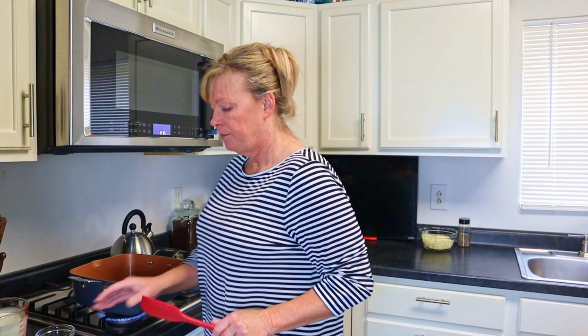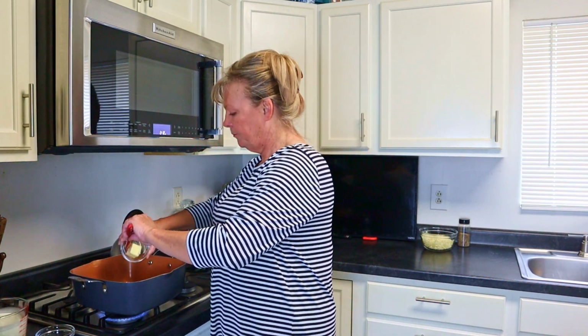Alright, so today we're making scalloped potatoes and I'm going to show you a very easy way to make a juicy, delicious scalloped potato. We're going to start with a large pan. We're going to add our butter and our onions